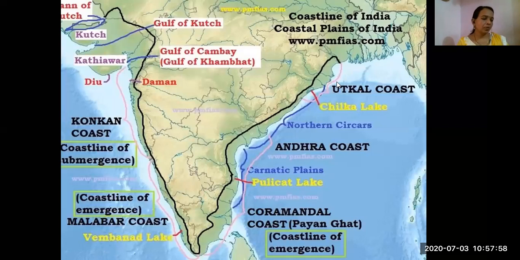The Peninsular Plateau is flanked by a stretch of narrow coastal strips running along the Arabian Sea in the west and the Bay of Bengal in the east. The western coast, sandwiched between the Western Ghats and the Arabian Sea, is a narrow plain. This is the western plain, which is sandwiched, meaning on one side the Western Ghats and on the other side the Arabian Sea.